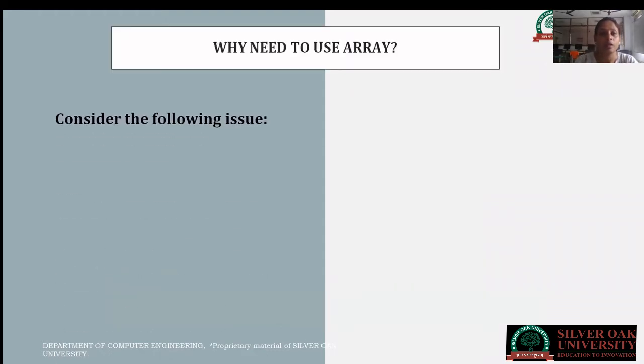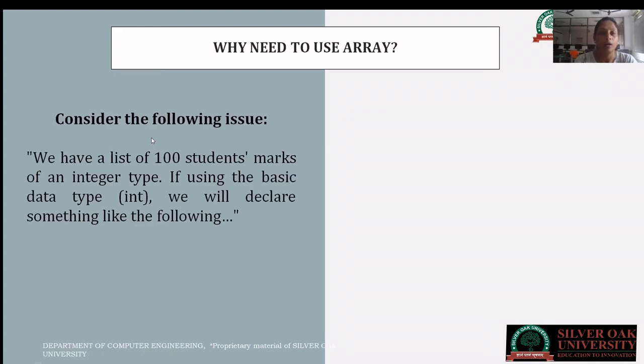Now, what is the issue? If we do not have this concept, why do we need this concept? If we do not have this concept, what are we doing? As I have already mentioned, if I want to store 100 students' information, like I want to store the marks of any subject of all students of a class, for example, 70 students in the class, then if we are not considering this concept, we need to declare 100 or 70 different variables for each and every student. That means one variable for one student's data. So for that, we need to write so many things.